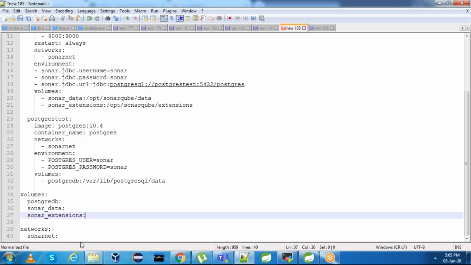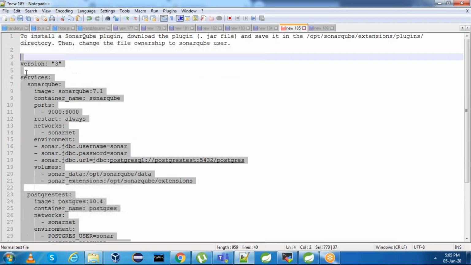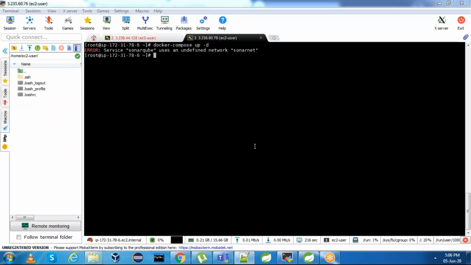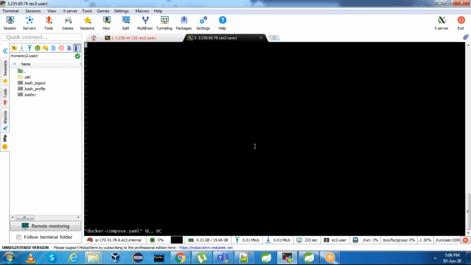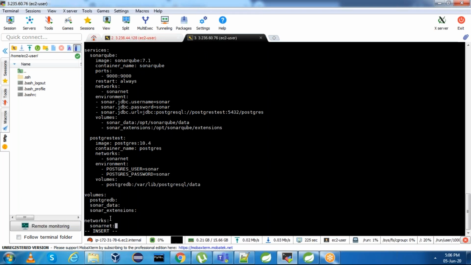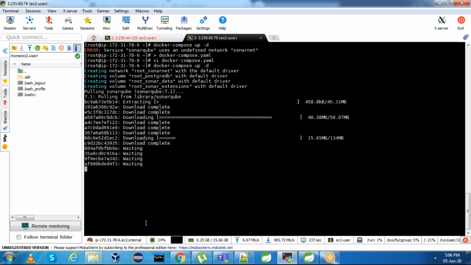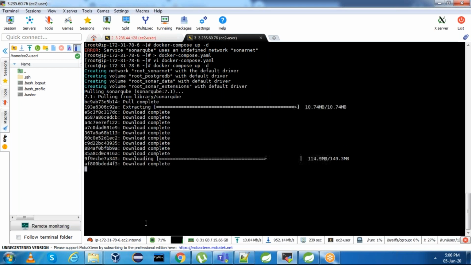Sorry, I haven't copied completely. Copy the YML file completely. I missed the Docker network. Now copy the Docker network as well. Previously this was missed. Networks: SonarNet is missed. Save this. Now run docker compose up -d. Now this will work. You can run with ec2-user as well.